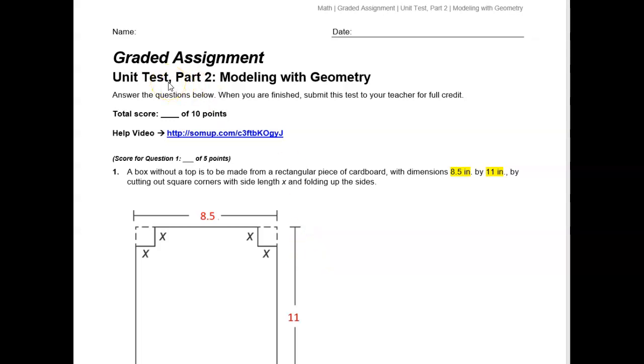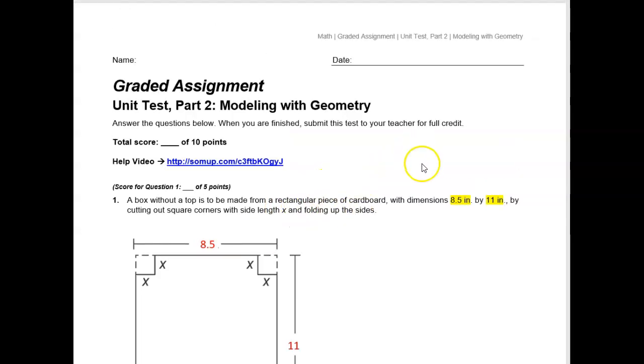This is a help video for the unit test part 2, modeling with geometry. You want to answer the questions below. When you're finished, submit this test for full credit. It's worth 10 points. A box without a top is to be made from a rectangular piece of cardboard with